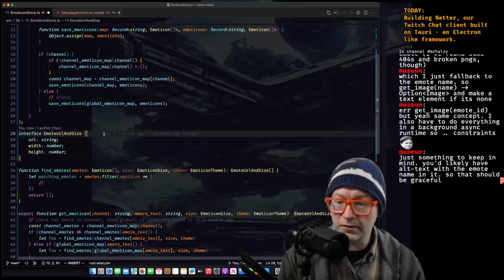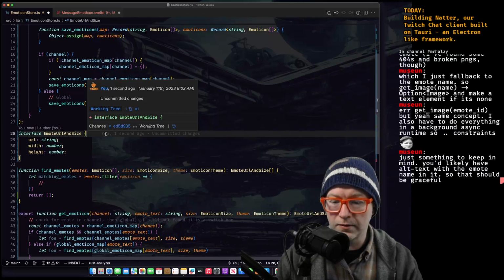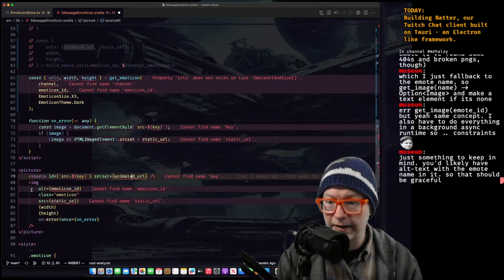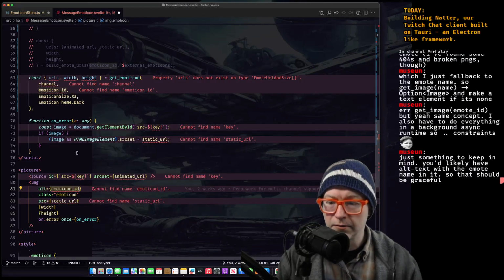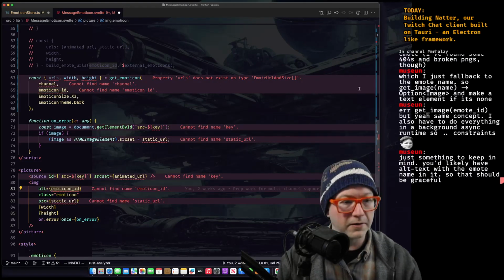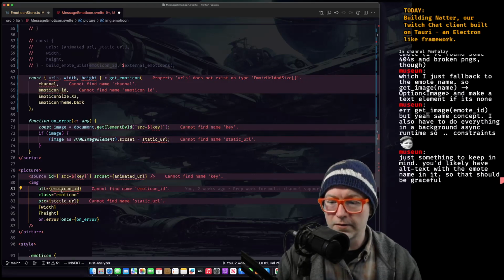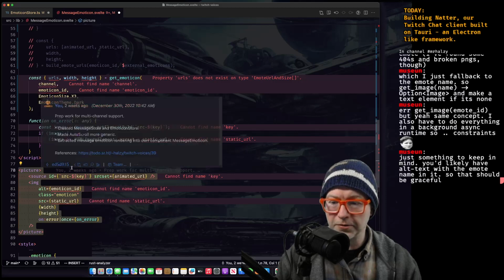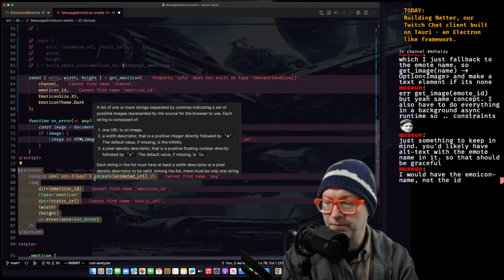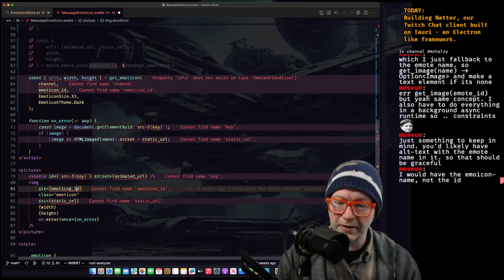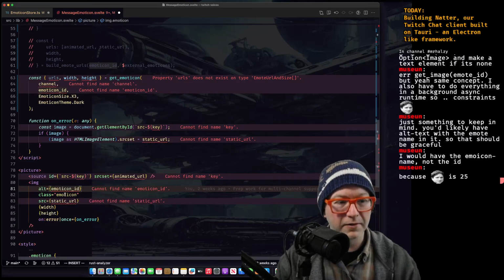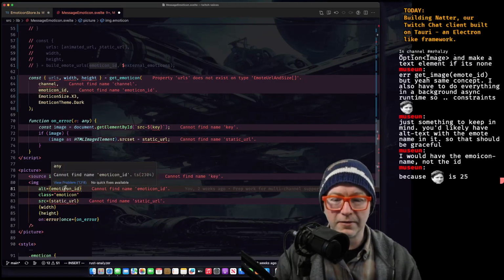Oh, yes, yes, yes. And alt text. Alt text I think we already handle here with the emoticon ID. So that's the text. That identifies it. So alt text is already there. But I still would like to be able to fall back to nothing, right? I think this is the name, actually. Oh, interesting.